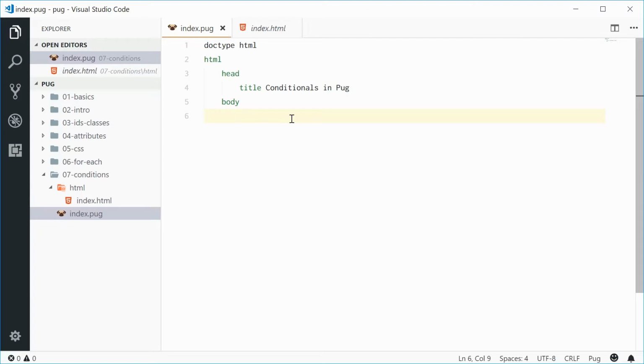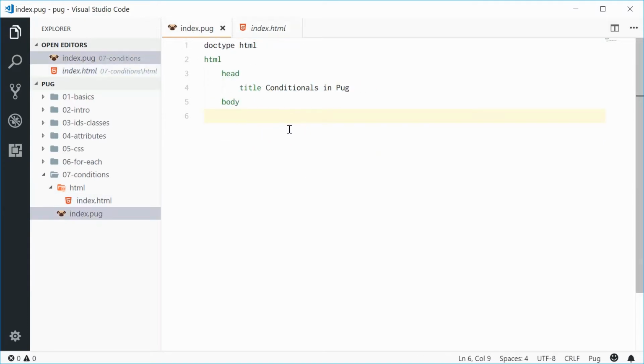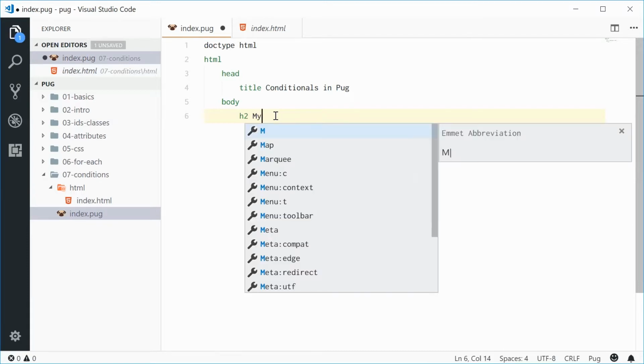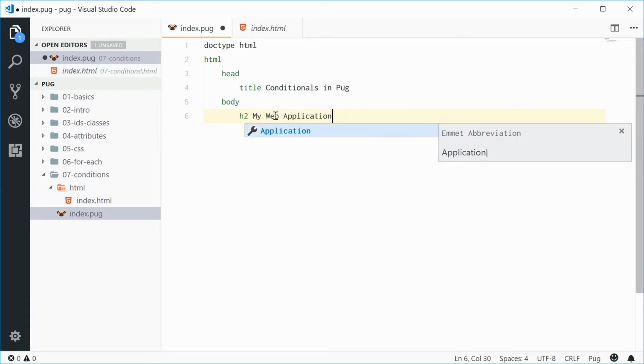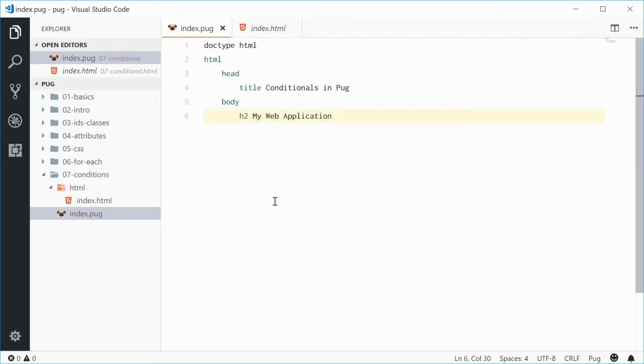I've got a basic HTML template right now. We have that in the actual output. Alright, so inside the body tag, let's make a new h2 tag and just say my web application. If I save this in the browser, we get this result right here. Alright, quite simple. Now, let's add a conditional statement to display different things if a user is logged in or